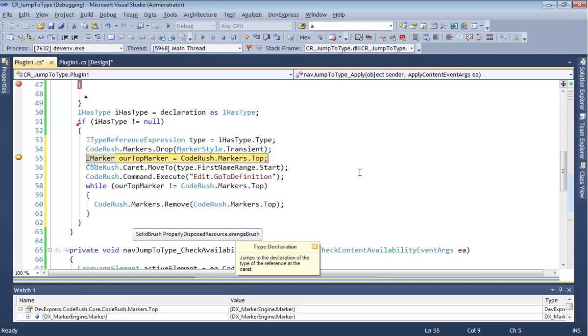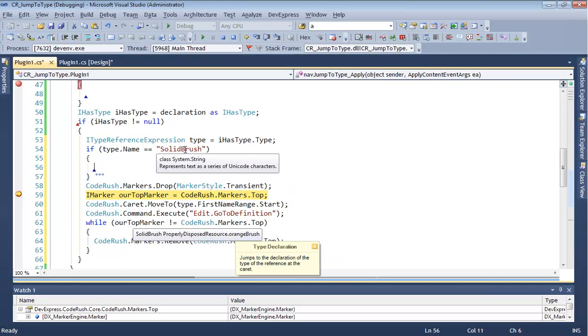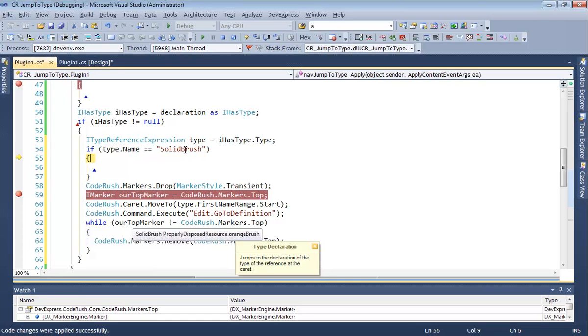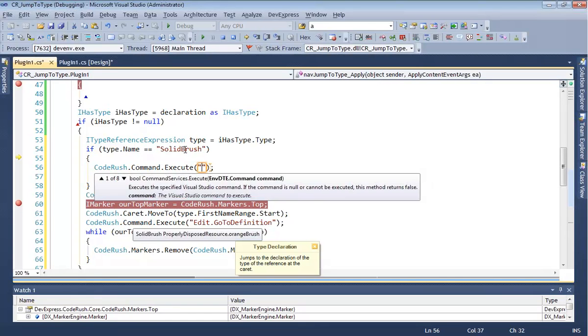I also should show how to do the shortcut binding to this, so you have a single shortcut to do this. What I want to do here is, if type.name equals solid brush, I'm going to have slightly different code here. Let's go back up here. There, and we're inside there. If that's the case, then I want to instead bring up the object browser and just show you it works. So it's CodeRush command dot execute, and then the command to execute is